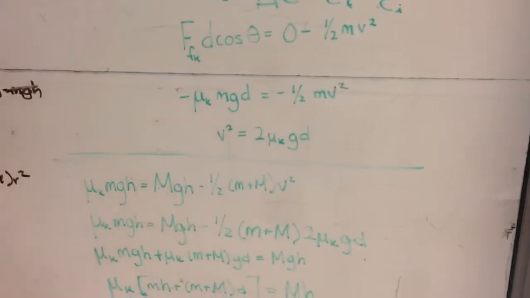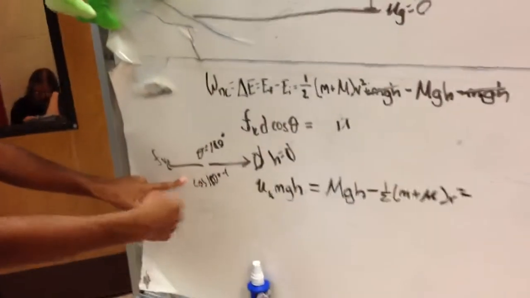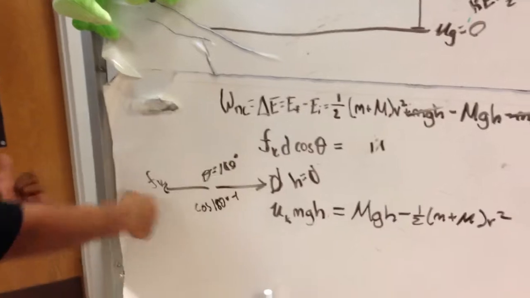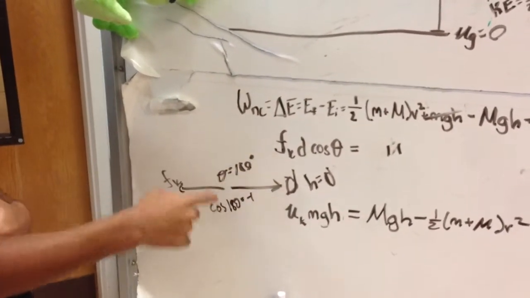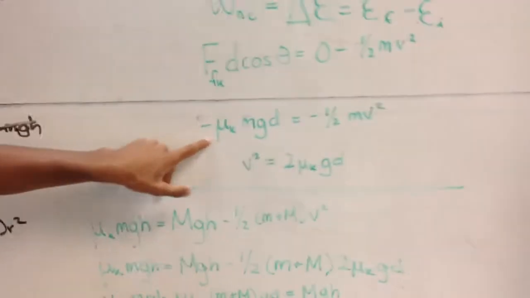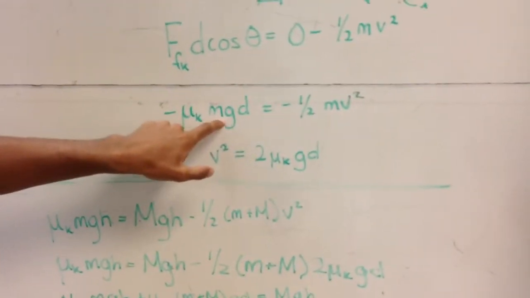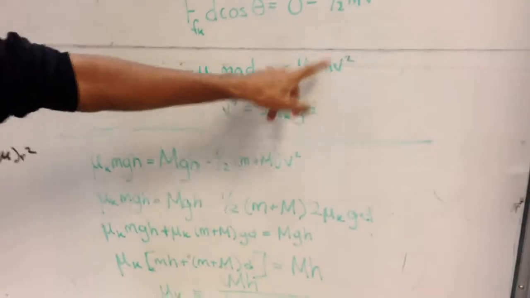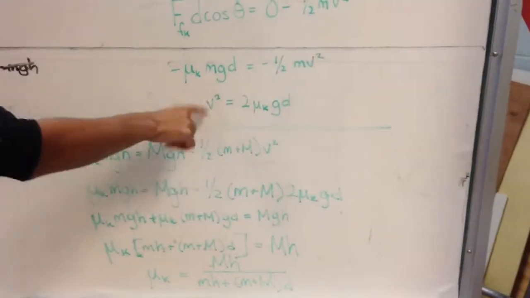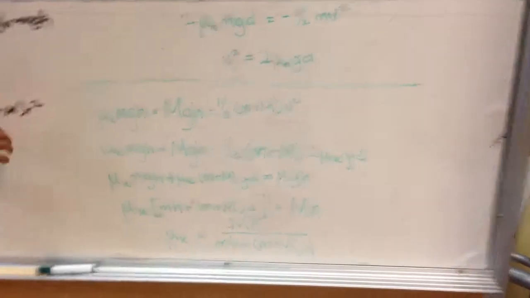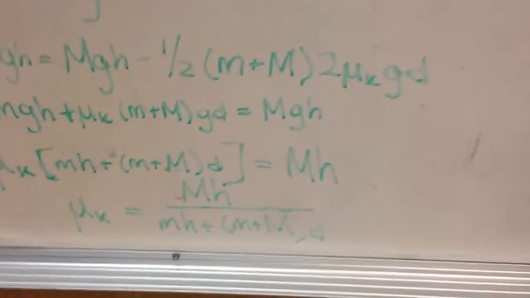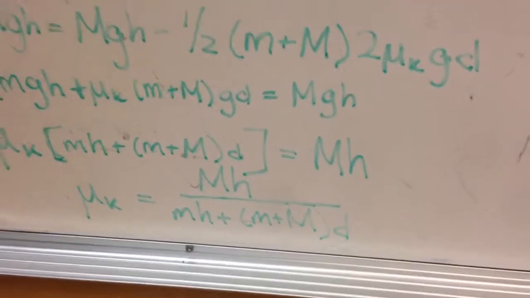squared. And then once again, we can use this diagram again because the force of kinetic friction is that way, and then the displacement is that way. So once again, the theta is 180. So we change this to negative mu k mgd equals -1/2 mv squared from here. Then we just solve for v squared. We do a bunch of algebra combining these two equations, and we get our final answer. And that, for us, that ended up equaling